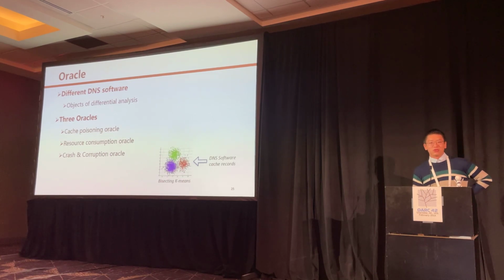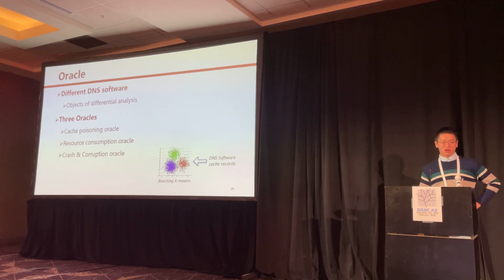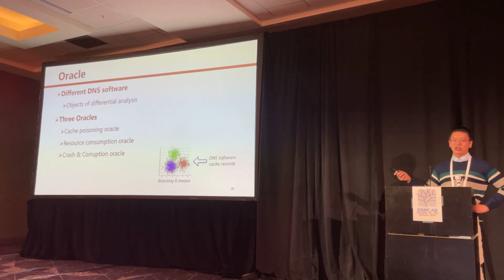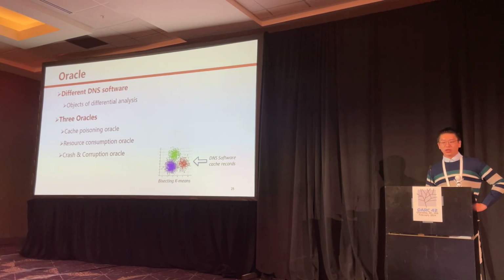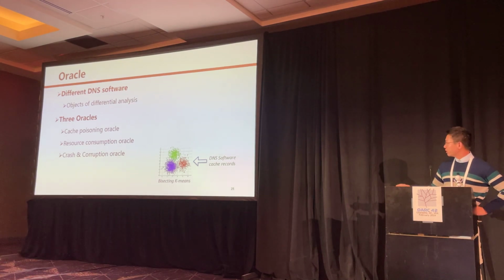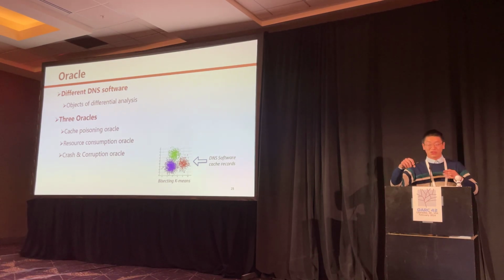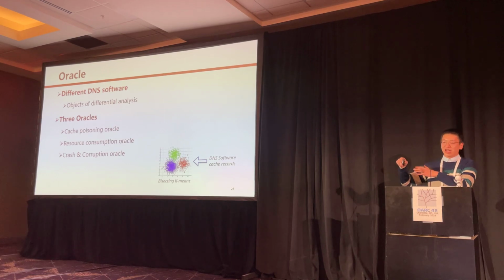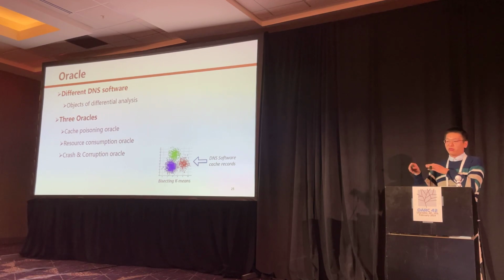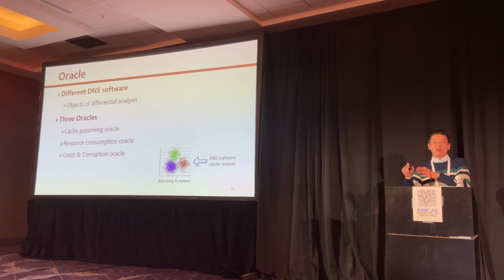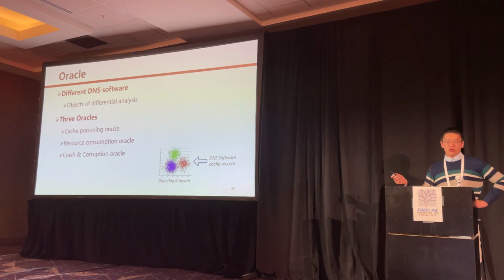And for the oracles, we have objects with different vulnerabilities, so we use different oracles. We have 3 oracles. For cache poisoning, we have 1 oracle, and this oracle is using k-means, which in detail is bi-selecting k-means to analyze the groups and clusters. I should use the terms: so use a class to have a cluster. For each cluster we investigate, and we find whether this cluster is a vulnerability or it's just a very normal discrepancy. And for the resource consumption oracle, we use filters.